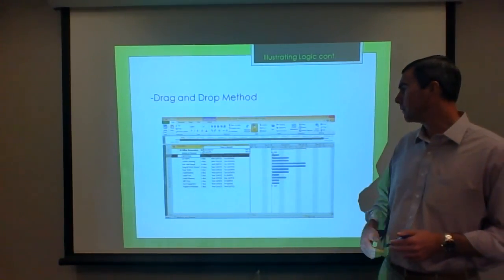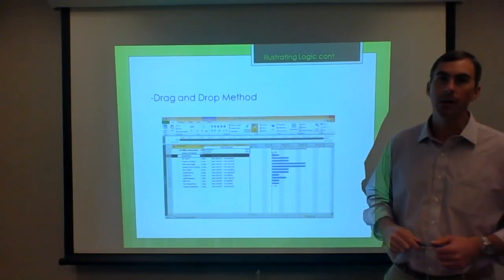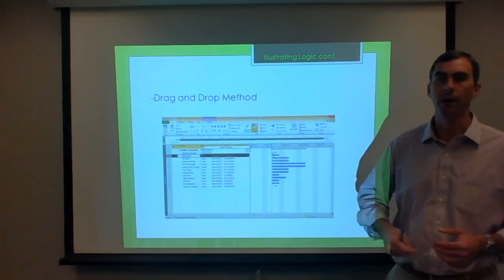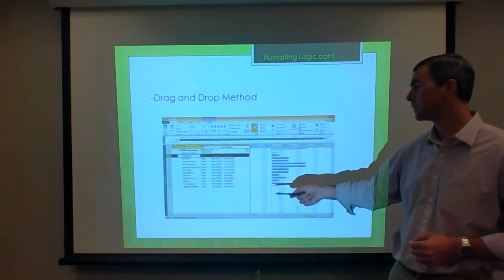So this same method can be used to create the relationships and the logic ties from one activity to the next. So starting at the very beginning and working your way all the way down to your last activity, which in this case is a finish milestone of project